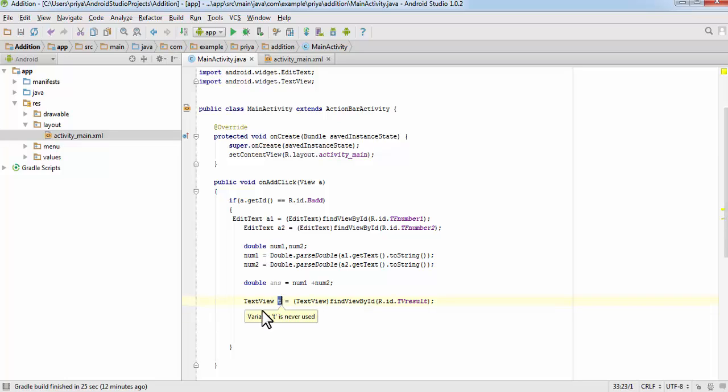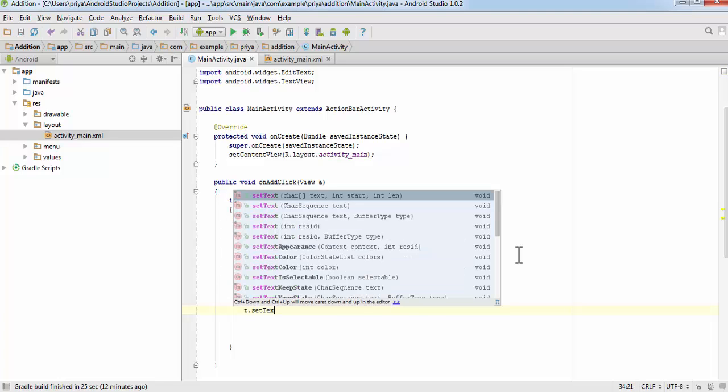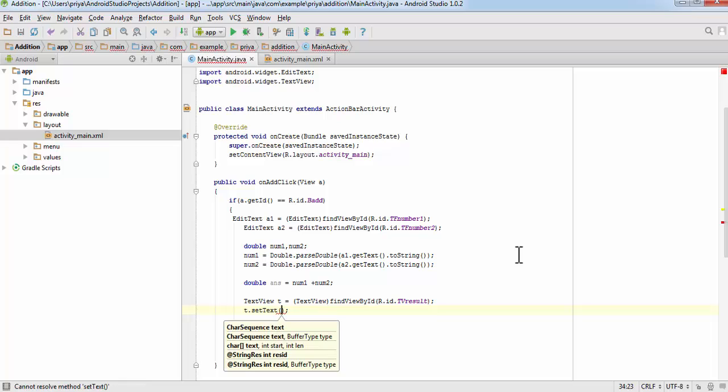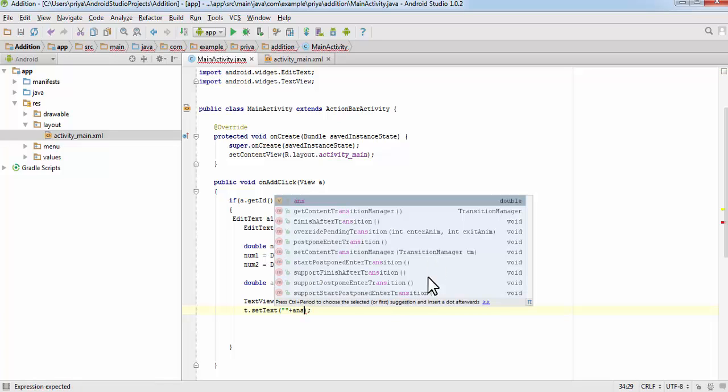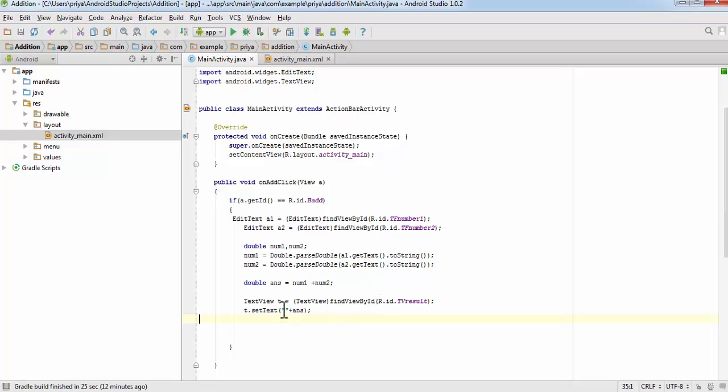When we fetch text, we use the getText method, and when we are setting the text, we use the setText method. So write tv.setText, and here you need to enter a string. But our answer is in double, so for that you can just write an empty string and plus answer. It will get converted to a string. And now our program is done.